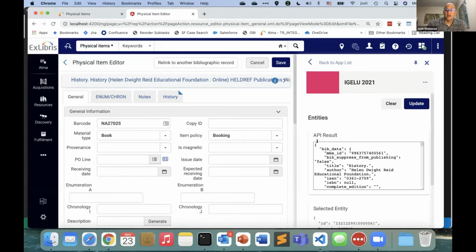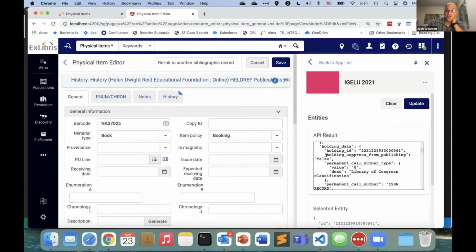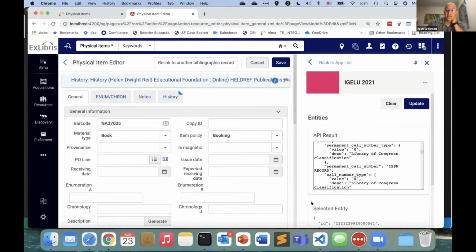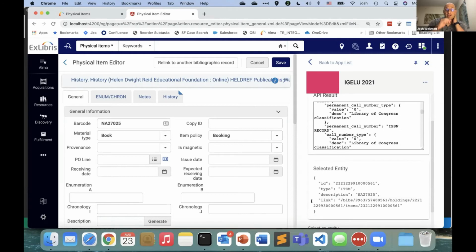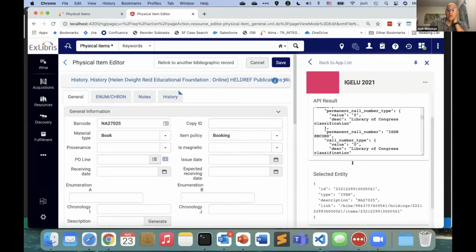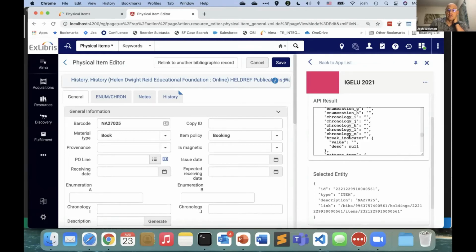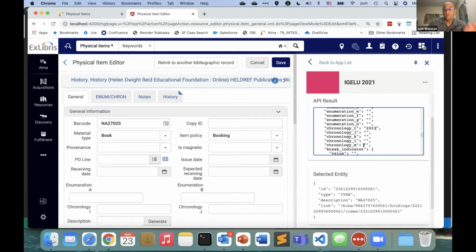I can select that item in my Cloud App, and what the Cloud App did is it went and called the REST API for this entity, which happens to be an item. It shows me the API result. It shows me this is the selected entity. Okay, so an entity in a Cloud App has a type, has a description, has a link to get more information about it. I can go down and make a change here to the chronology field, for example, and then